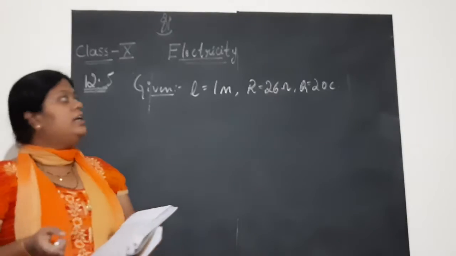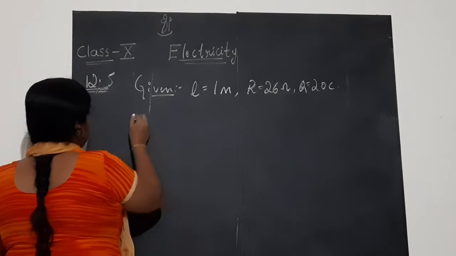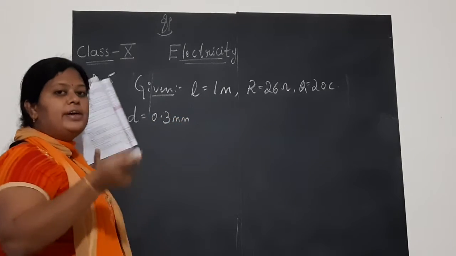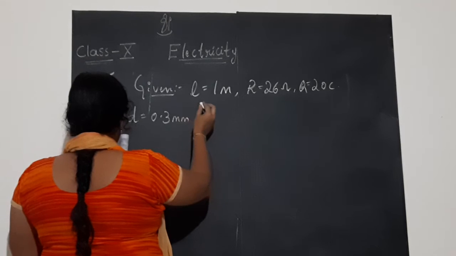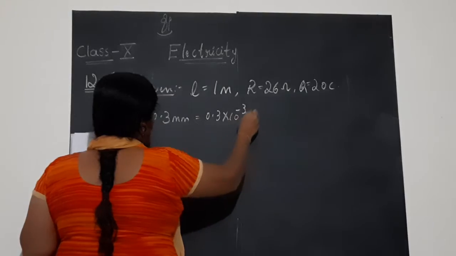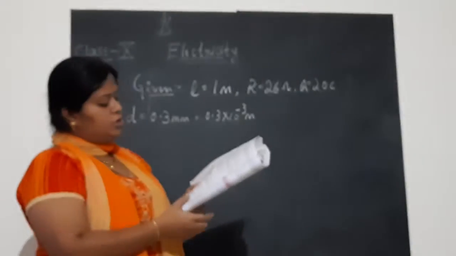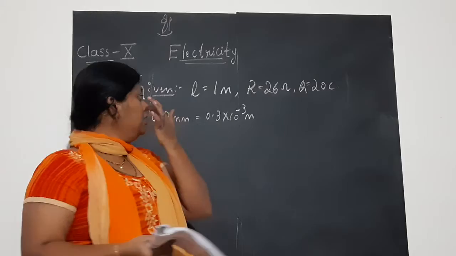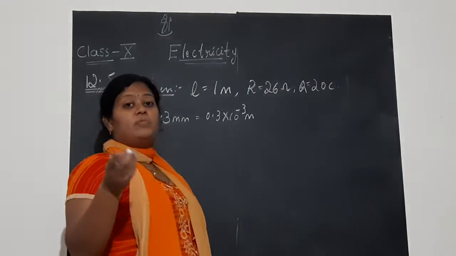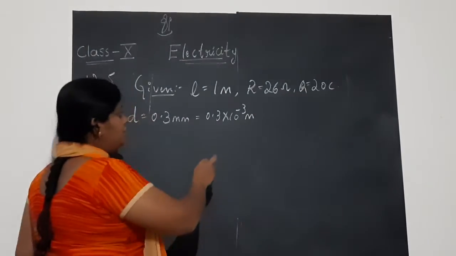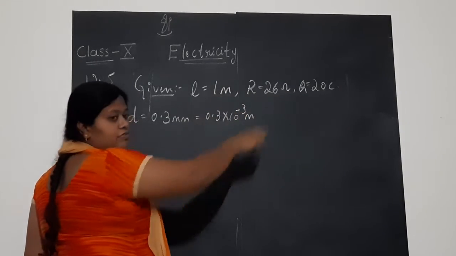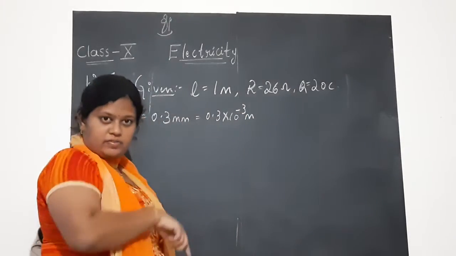So the SI unit is meter, you need to do a conversion here. So diameter is 0.3 millimeter. Milli means, you know, it is 10 to the power minus 3. So you should write it as 0.3 into 10 to the power minus 3 meter. In your textbook, if you see, they have written it as 3 into 10 to the power minus 4 meter. How do you think they have written? While solving the problems on I is equal to Q by T formula, children, in the previous videos, I told you how the value of the power changes when you shift the decimal point either in forward or reverse direction.